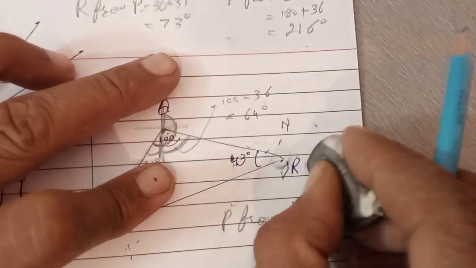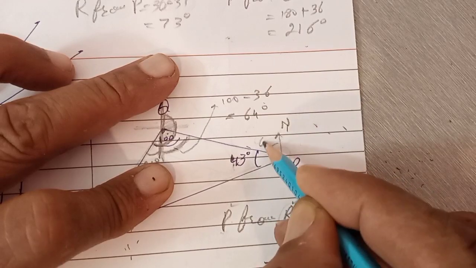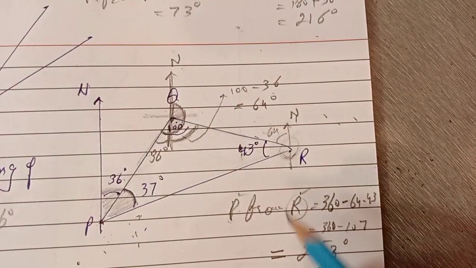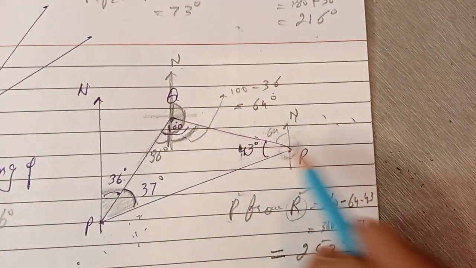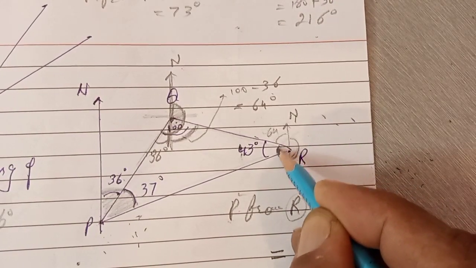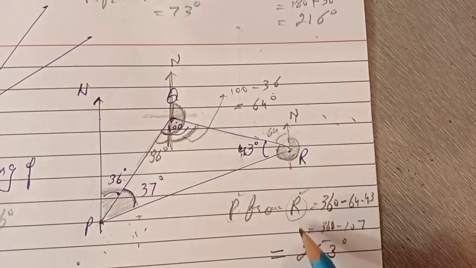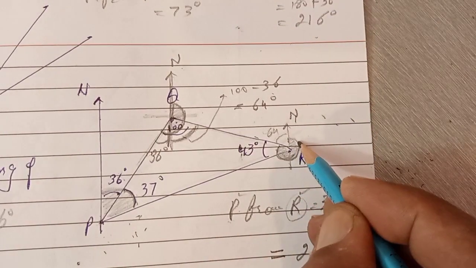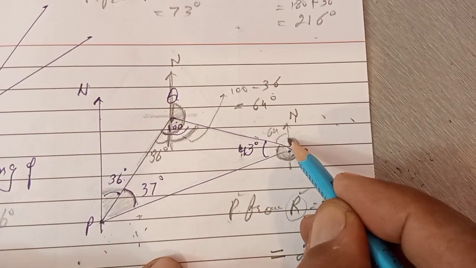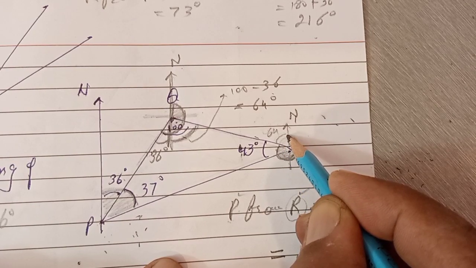Now look, this is 64. Bearing of what? Q from R. So where is Q? This is Q. Look at what this is: this is the bearing, the required bearing. It starts from North Pole at R, R comes after "from". So this is the bearing. How will you calculate it? You will calculate it by subtracting 64 from